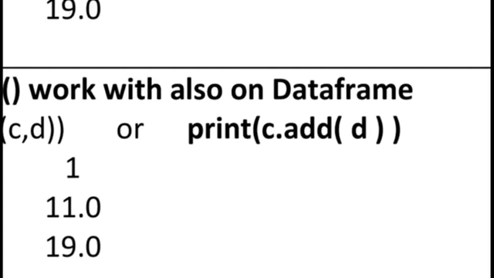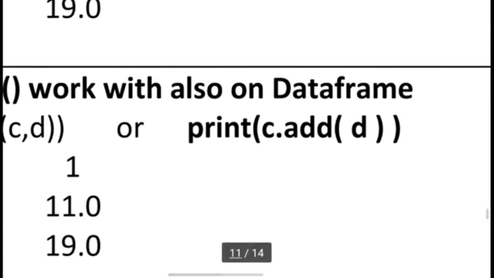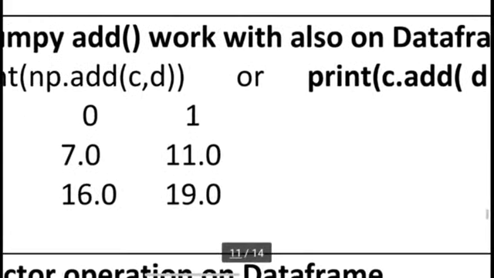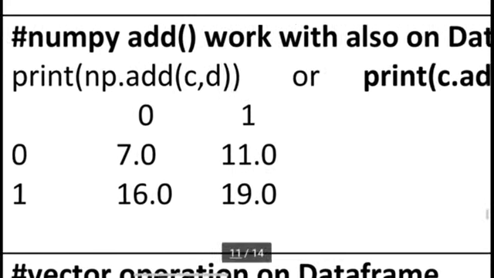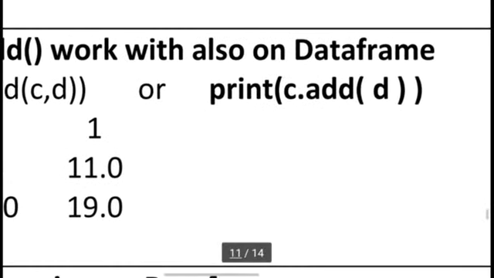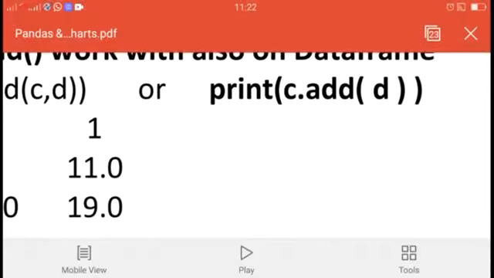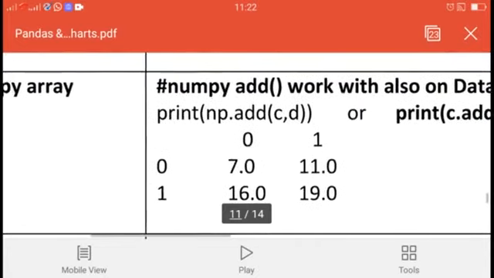We only use C.add(D) in a data frame. This will also generate the same output. So the np.add method is useful in both the numpy concept and the data frame concept. And we have a third way to perform the same thing in data frame operations: C.add(D). So this is a new thing.